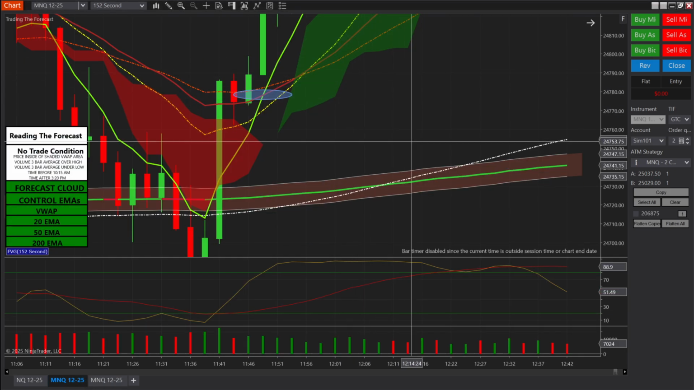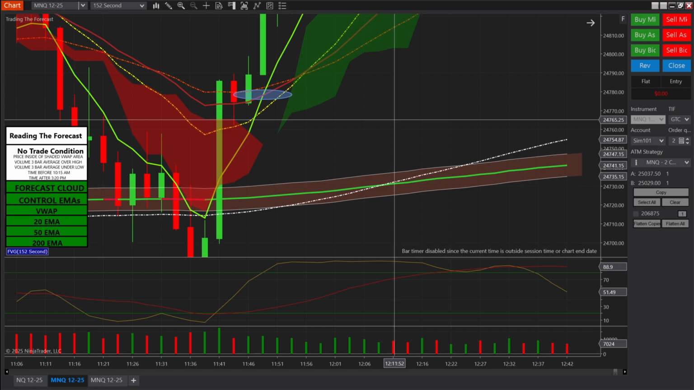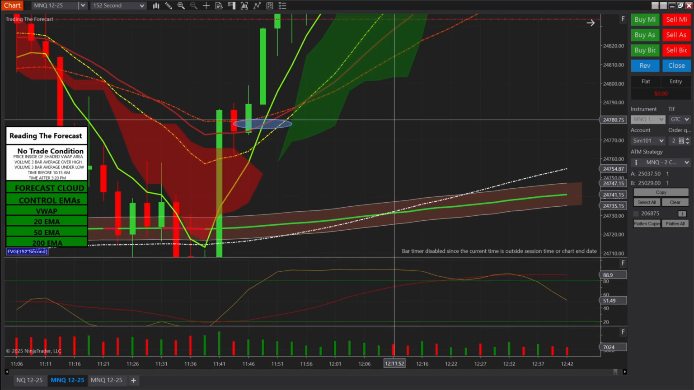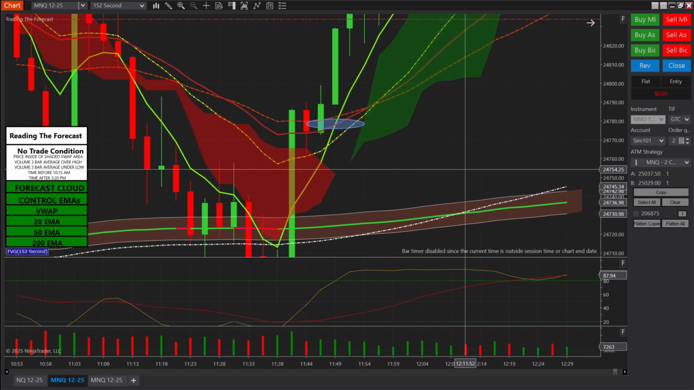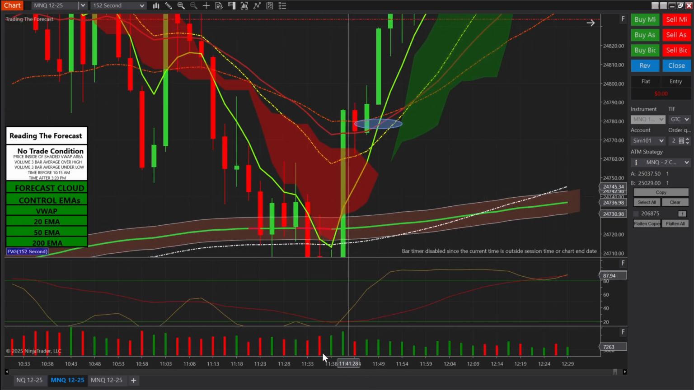Okay, now that we understand what an exponential moving average, or EMA, is, let's talk about how we read them on the strategy, okay? So right here, your control EMAs are the solid green and the solid red. And in reference to the reading the forecast box on the left, the forecast box was designed so that if you're working throughout the day,